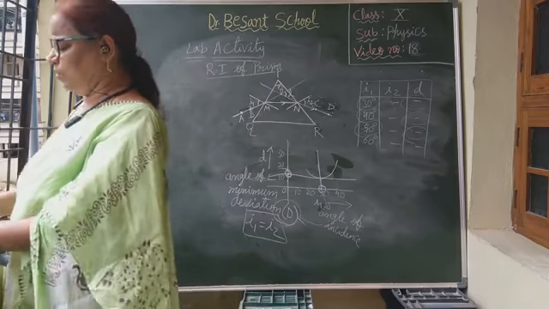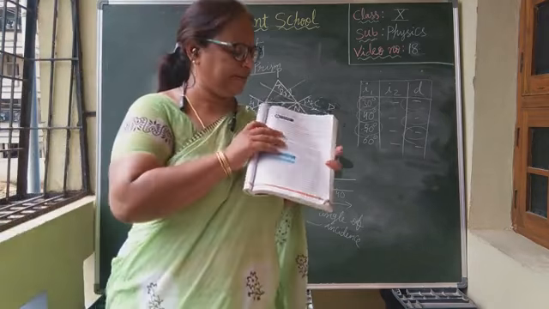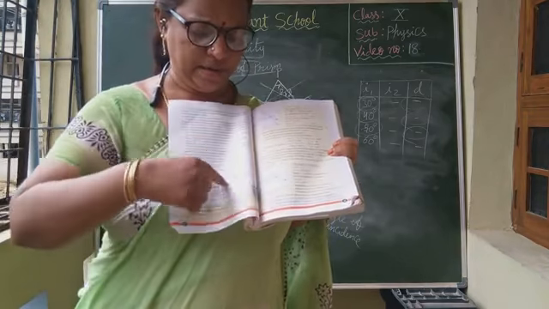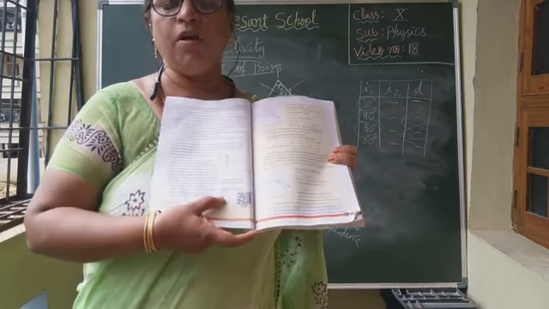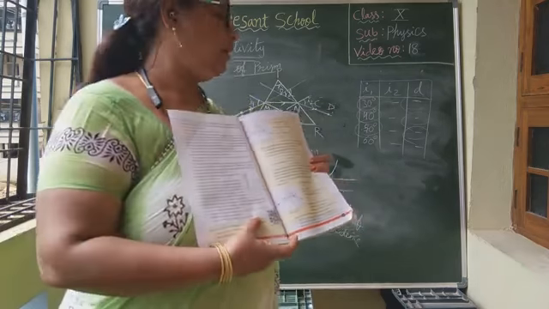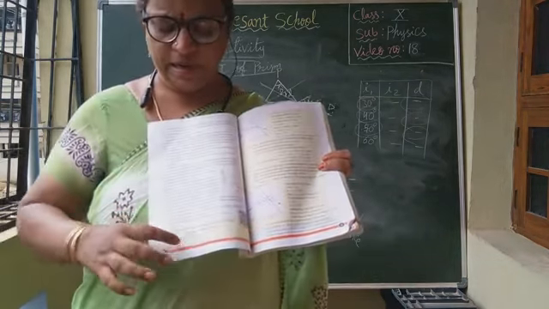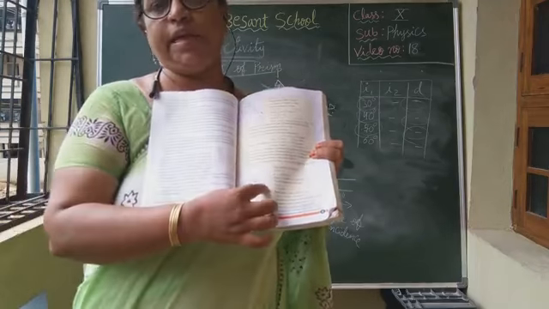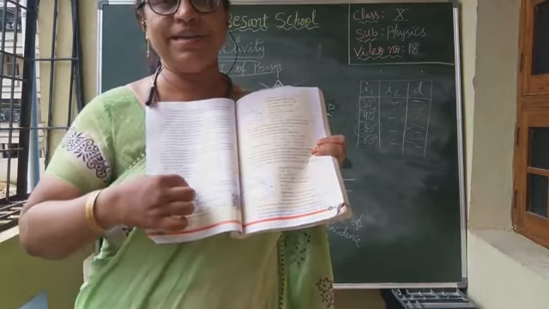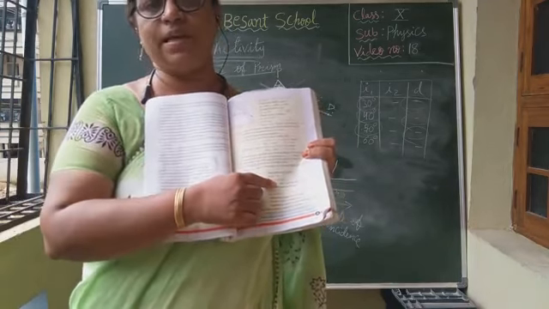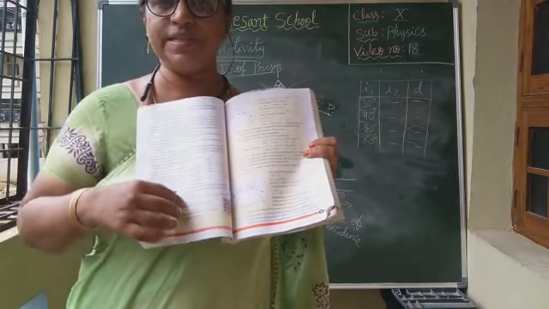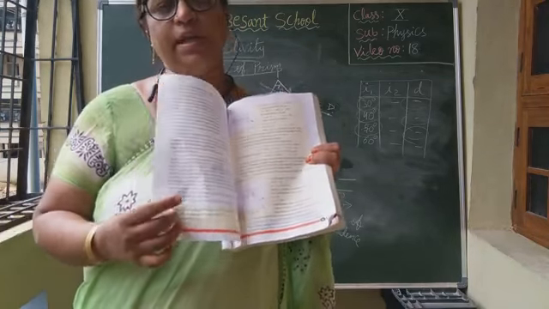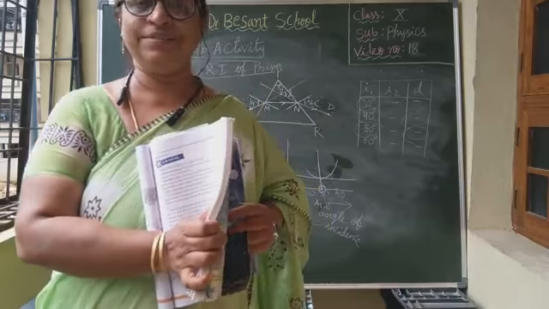Once again, you should read the textbook. Read this lab activity given on pages 97 and 98: how the graph should be drawn, how to find angle of minimum deviation, what all I explained up to here. If you are thorough with this, then we can go to the derivation. If you do not understand this, you will not understand the derivation also. So will you read this, children? Read all thoroughly. Then in the next session, we will do the derivation. Okay, children? Thank you.